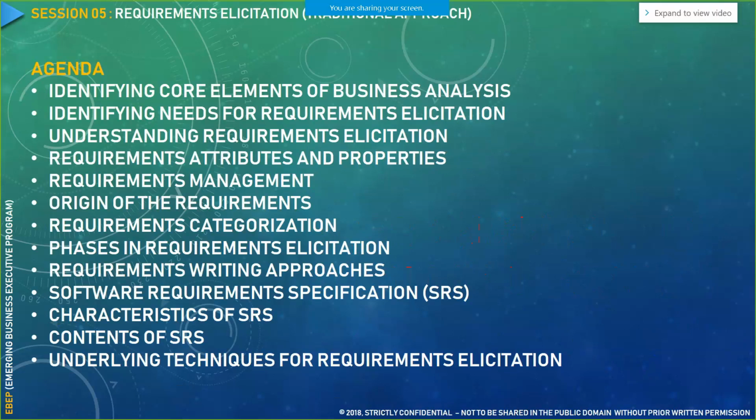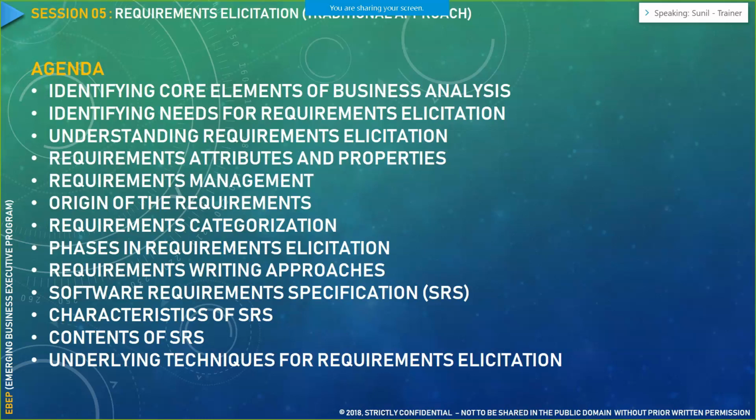To summarize, this is our agenda for today. We would identify core elements of business analysis. We would identify the need for requirement elicitation. We would understand the requirements elicitation process. We would understand what requirement attributes and requirement properties are. We would touch base with requirements management. Then we would understand how and when requirements are originated. Then we would see